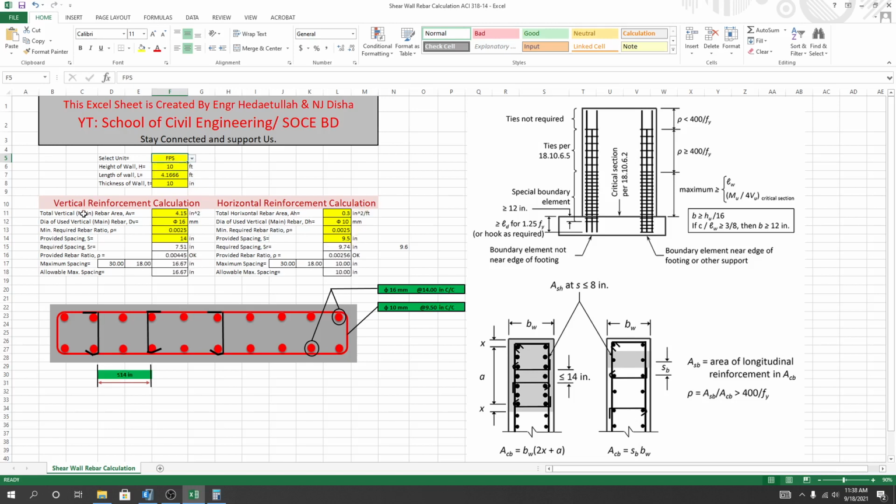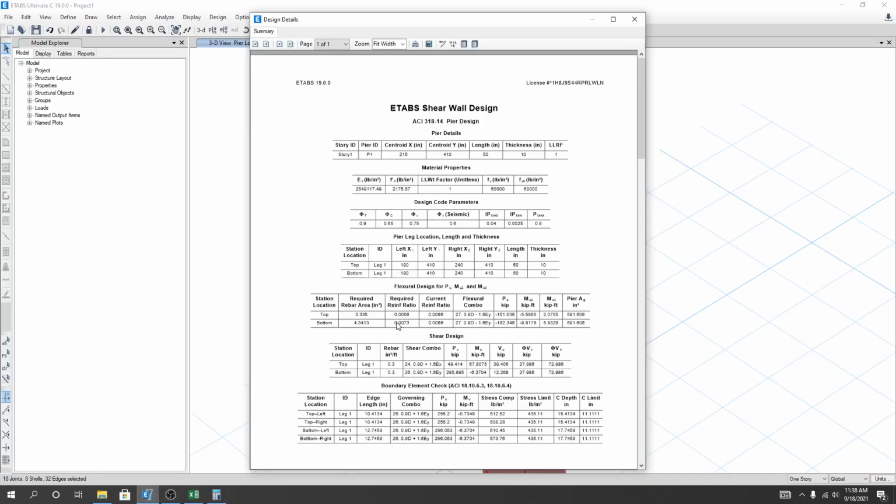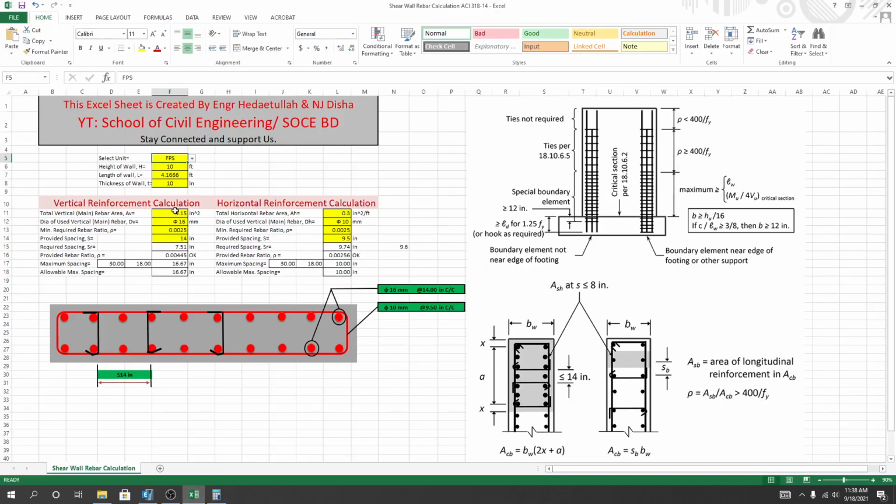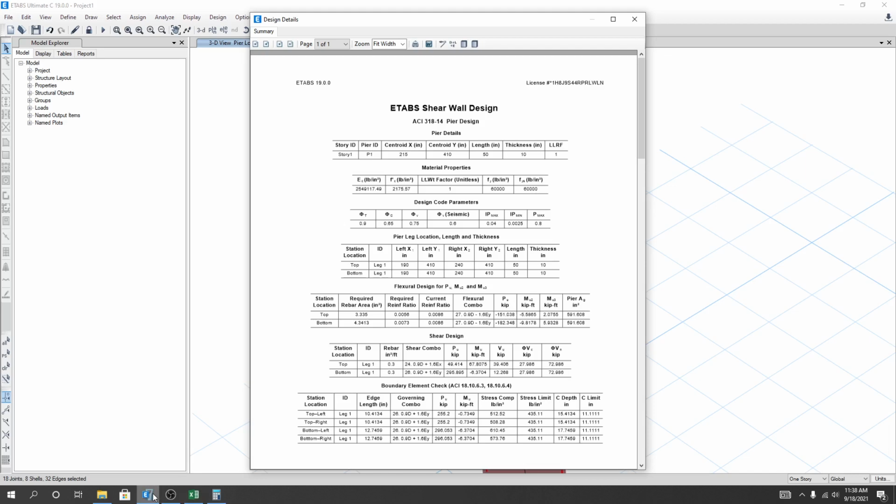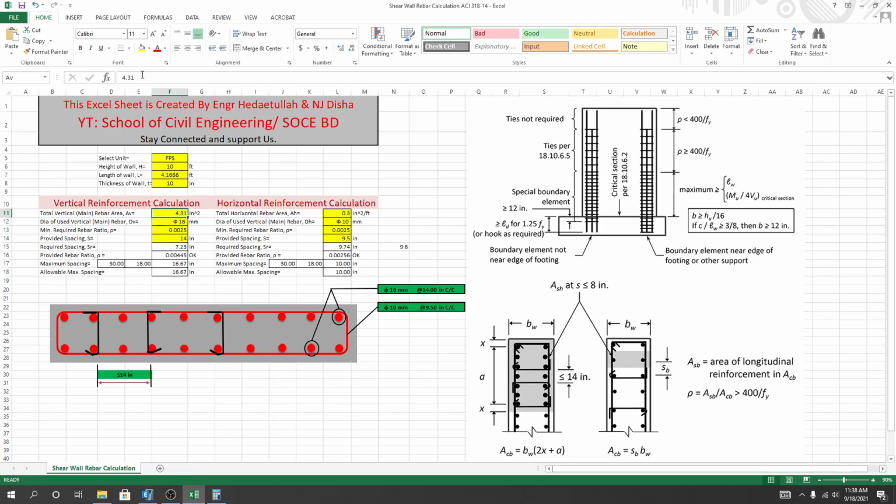After that, our vertical reinforcement. What is our vertical reinforcement? I'll just go to ETABS, and here we are seeing that for top reinforcement, that is 3.33, for bottom, so I will use 4.34 inch overall everywhere. I'll provide here 4.3413. And the number of bars I'll use, that is